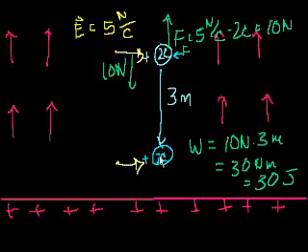So the electrical potential energy here relative to here, and you could say, P2 relative to P1. I'm using my made-up notation, but that gives you a sense of what it is, equal to 30